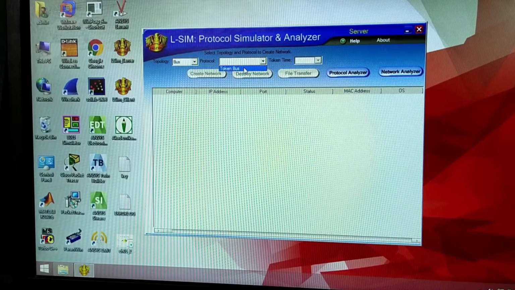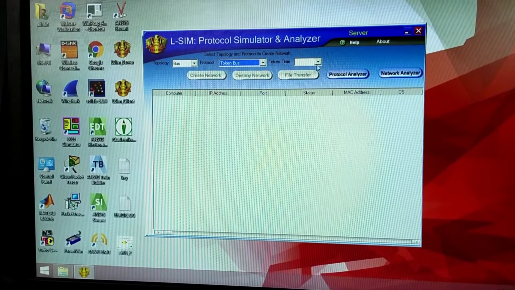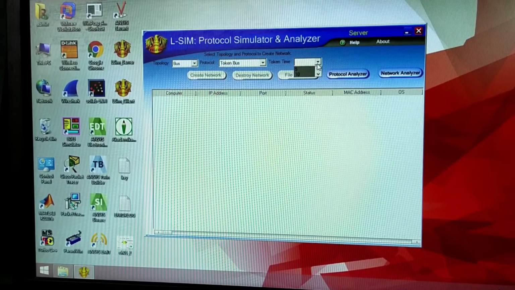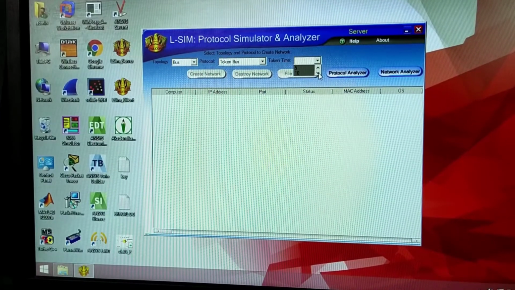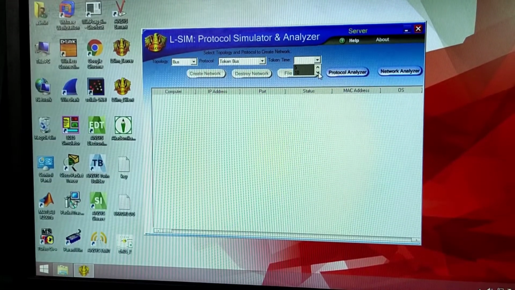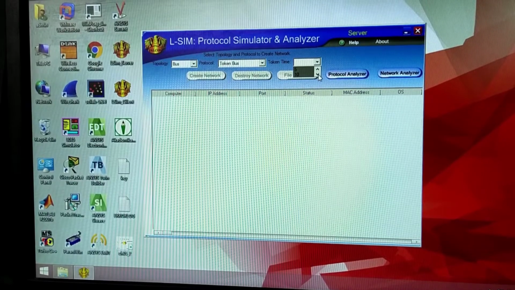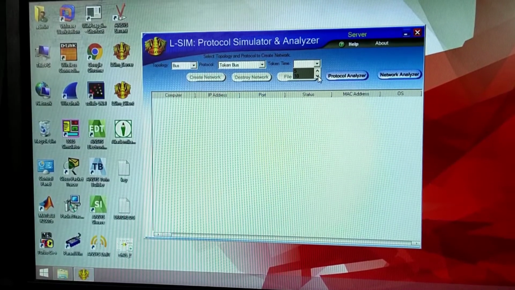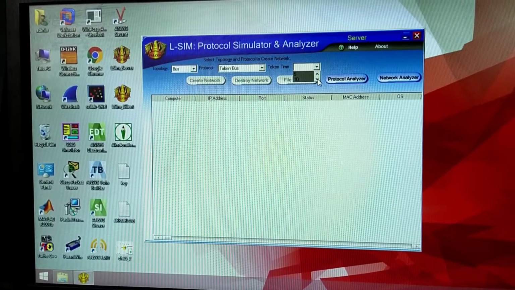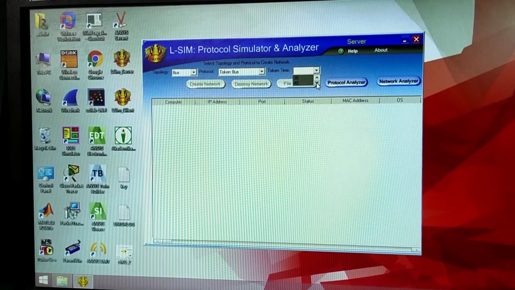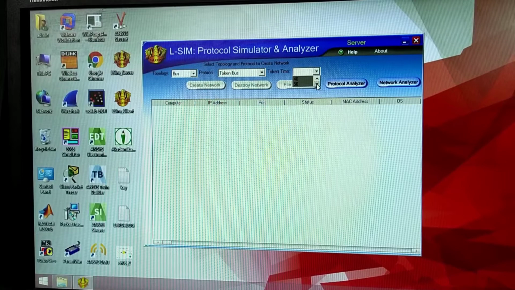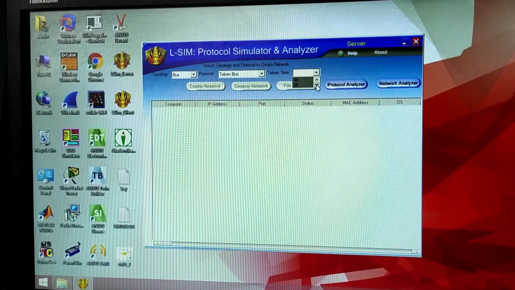Select a protocol, token bus, default available on that, and here you can see the token time. Token is nothing but just a pass to put data on channel, and those machines who are not having this pass, that is token, can't put data on channel so as to avoid the collisions. Here you can have different times, say in seconds, and you can use any to demonstrate the protocol.